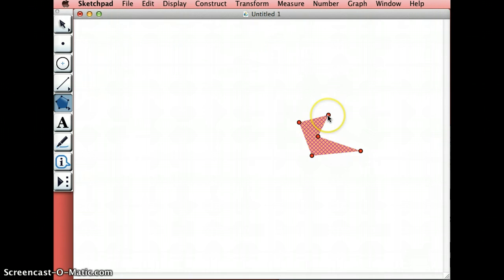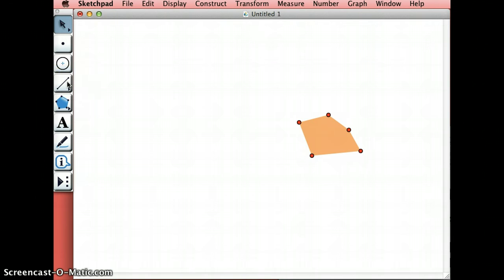And we are using the shape making tool right here. How you use that is you just click out your points for the number of vertices you want your shape to have, and then you click the point you started on to close the shape. Alright, so now that we have our shape that we want to make a kaleidoscope out of,